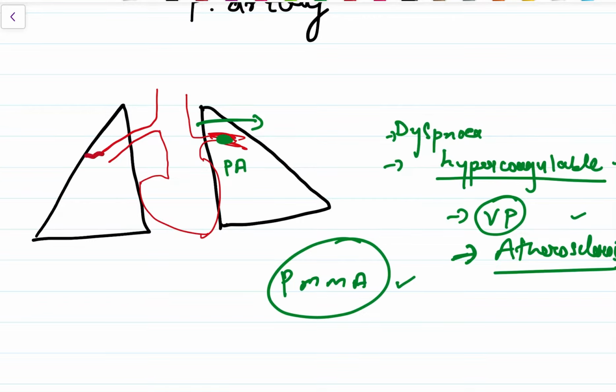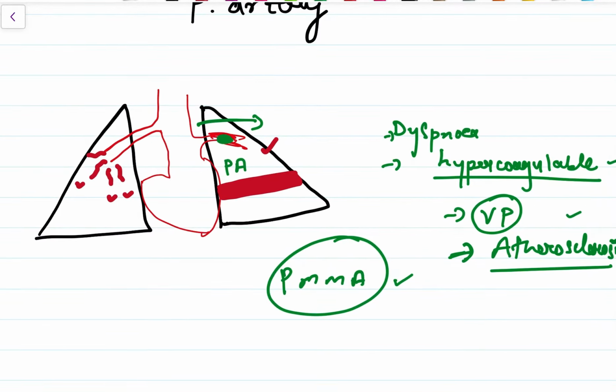So now understand that from this artery many arteries arise. Now if there is no blood flow to this artery, these small arteries will not get blood and they will collapse. So there will be no markings of the arteries seen here. Now because of the blockade of the artery, there will be collapse of the lobe. So take this as a collapse of the lobe, and there can be pleural effusion also because of the inflammation going on. Then there can be a wedge shaped lesion, that is Hampton's hump, arising from the peripheral region of the lungs.